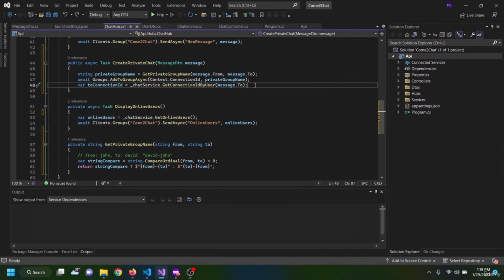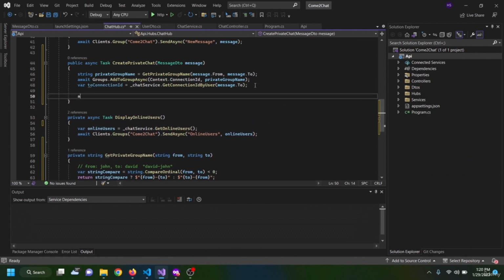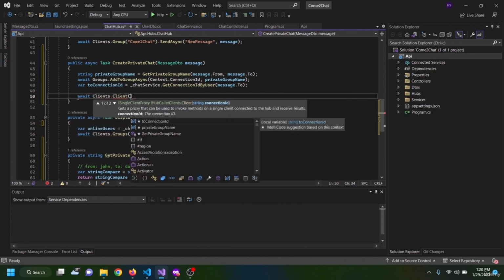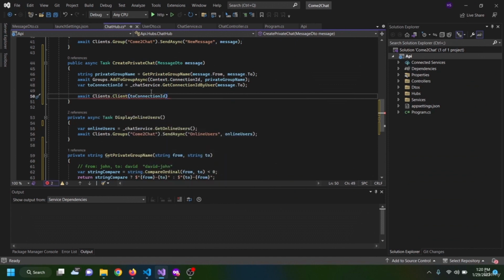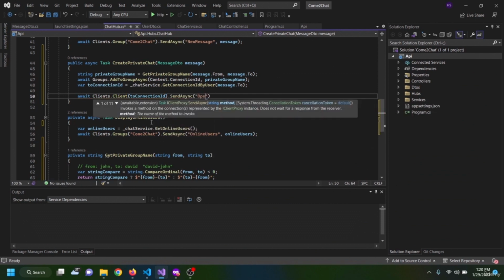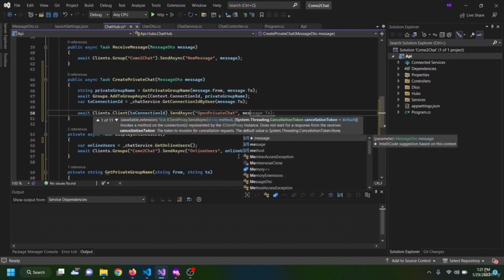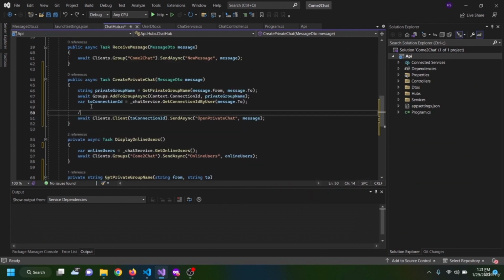Then we are going to implement the functionality inside the Angular side. Basically, open a modal inside whoever the user is trying to contact. So I say await clients dot client. This is only for one single client, and that single client is to. And then I put to connection ID. That's how we can achieve that. And then send async and open private chat. Then we send the message. So in here, I put a comment,